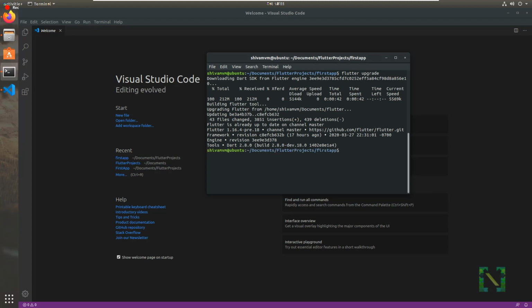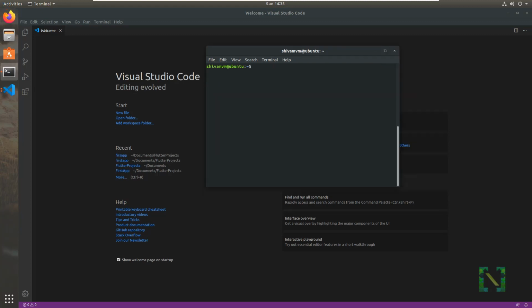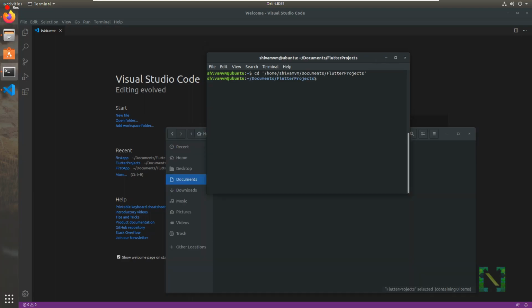Now we have to enable the config of Flutter desktop in the Flutter SDK. For that, type flutter config --enable-linux-desktop. Now we are ready to create a new project.